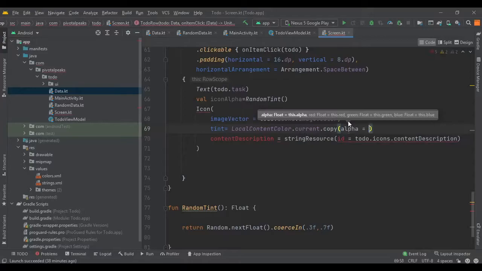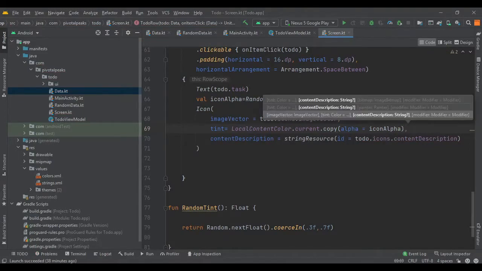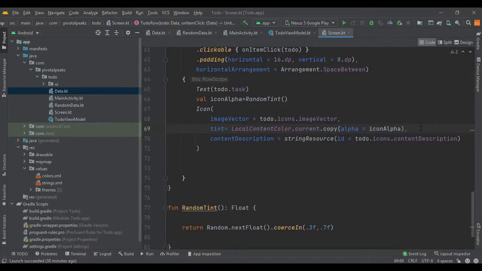So alpha equals iconAlpha, and so there you are. We have just provided a tint color for our icons. So basically the LocalContentColor gives you a preferred color for contents such as icons and typography.